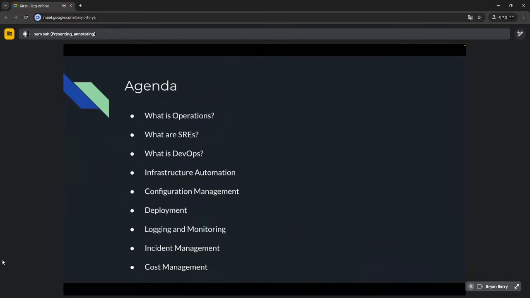DevOps is, yeah. So for SREs, shouldn't it be available 24 hours a day? Yeah, so that is called being on call. And so typically how that would work is it's part of your employment contract to have certain hours that you're available, or a certain number of hours in a week that you are available to be on call.